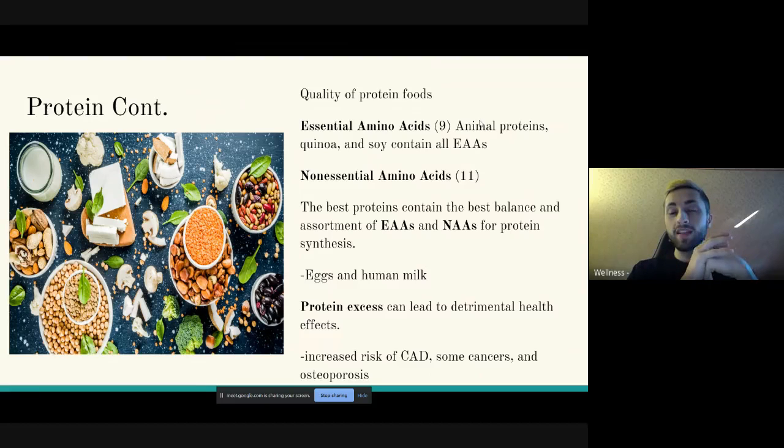Our body's able to make these, so it's not as important that we get them in our diet, but I'm not going to say it's not important at all, because it is still important to get them in there. And the best forms of protein contain the best balance of assortments of both essential amino acids and non-essential amino acids for protein synthesis. Two examples of really good sources of protein that have that good combination are eggs and